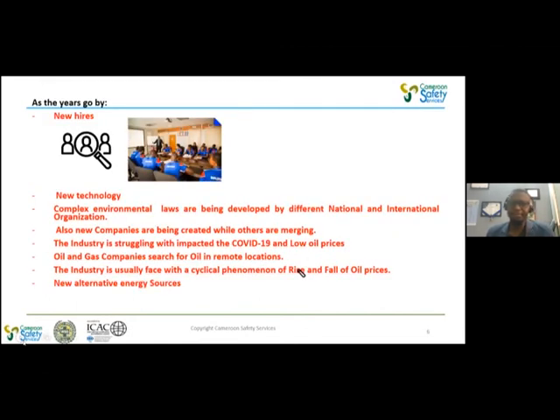So, just to get an overview of how the industry is evolving. As years go by, there are companies that are hiring new employees, and these new employees sometimes are not aware of some of the dangers and risks involved with oil and gas activities. So they have to be trained, they have to be equipped with knowledge to be aware of some of these